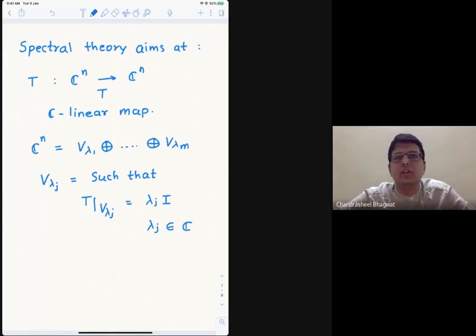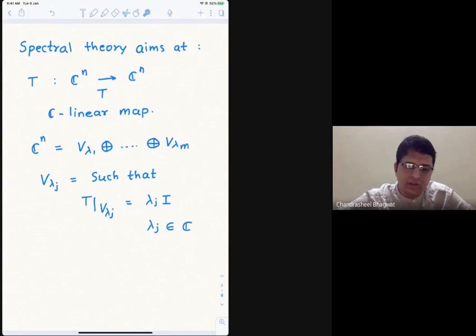Now, unfortunately, this is not always possible. Otherwise, there is no relevance to the spectral theory and spectral theorem. Because if it were true for every map, it would just be a property of linear maps, but that's not true. You can think about various examples. Let's not go into specific examples today because of lack of time, but if you don't know this fact, you can believe me that there are maps for which such a thing is not always possible.